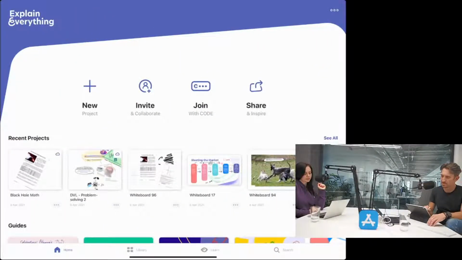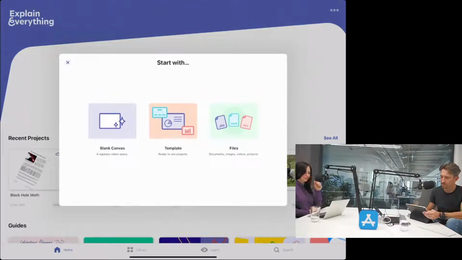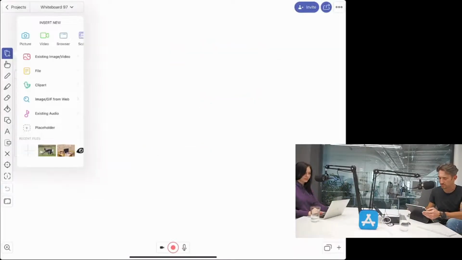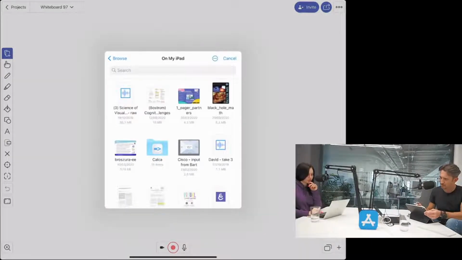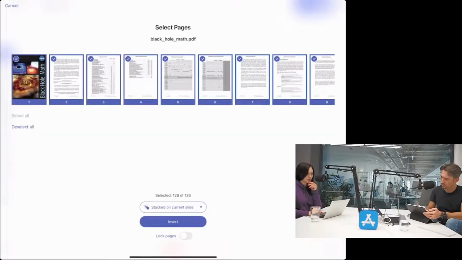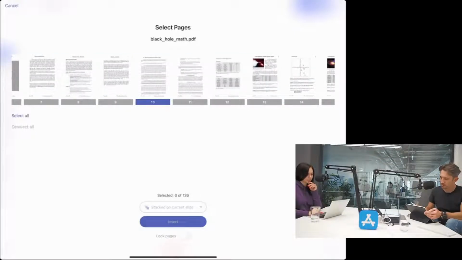Yeah. As I mentioned at the very beginning, you can improve your project. Let's say that I'm a bit clumsy and I don't do things perfectly at first go. I'll just create a new project so you can see it. Here's my starting screen, so I'll do it again. I'll create a new project, and maybe I'll use the same page from the same document. Sure, the black hole map, that was page number 13, that's correct. So I'll bring it to the canvas,